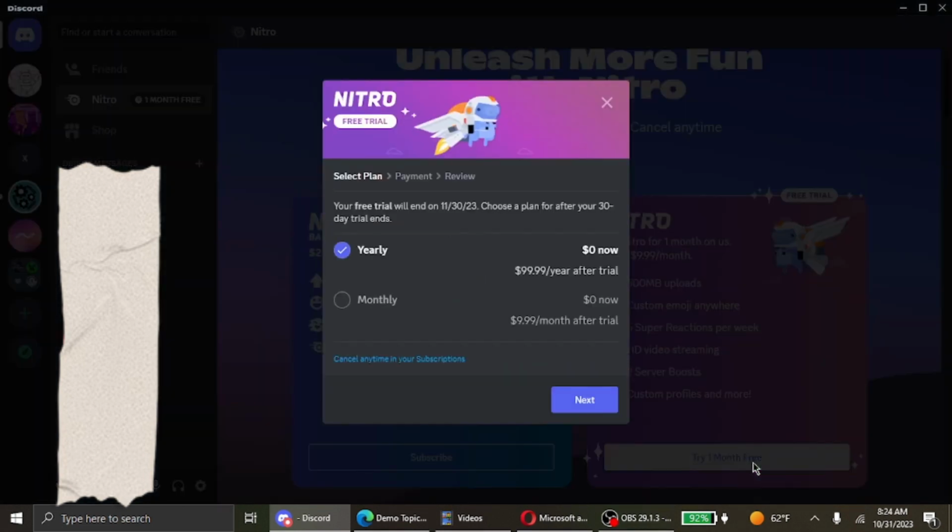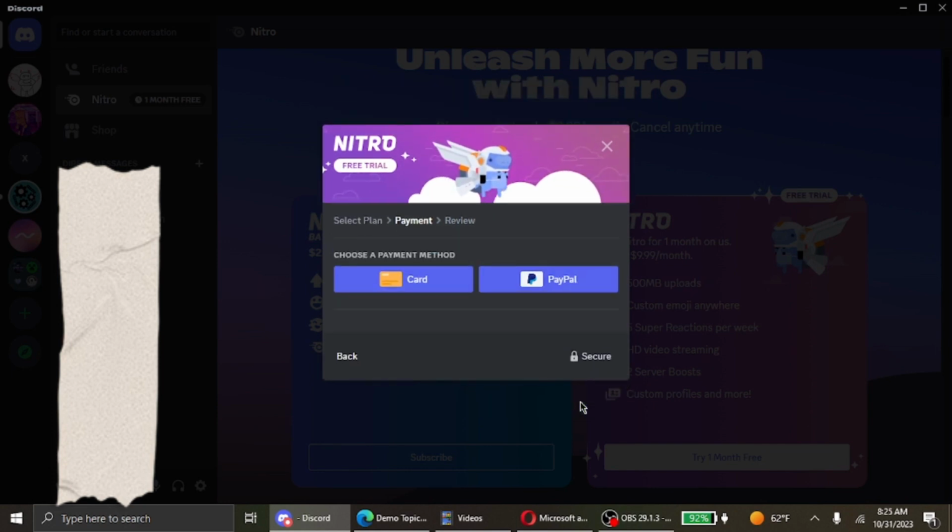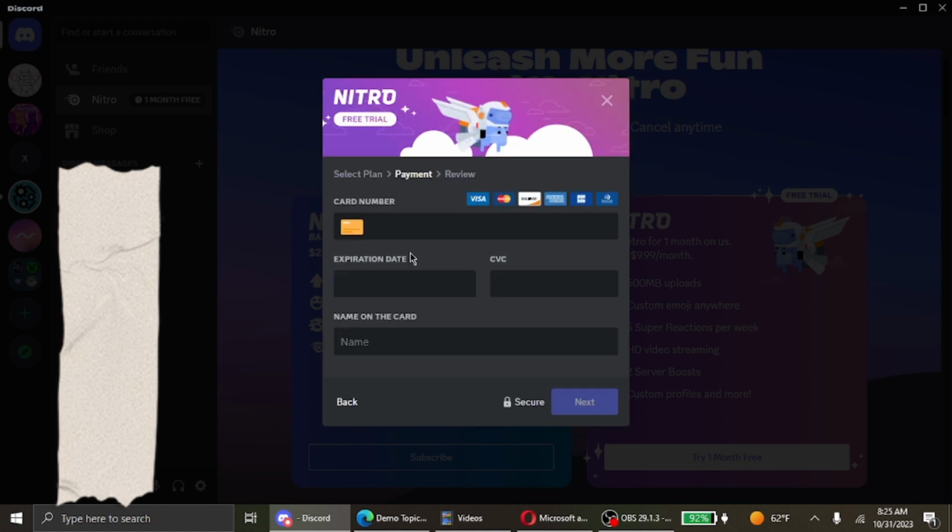You simply tap on it, then go ahead and select the monthly section and click on next, and then select a payment method. After that, you simply enter your card number, expiration date, security code and name on the card. After that, you click on next. All your credit card information will be reviewed and then you will be successfully part of the Nitro edition in